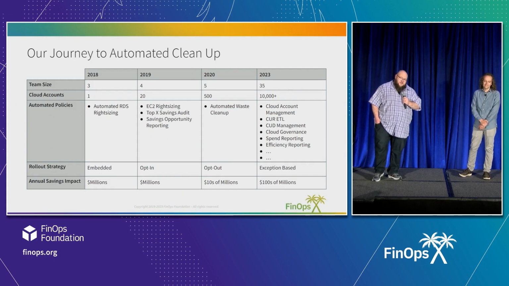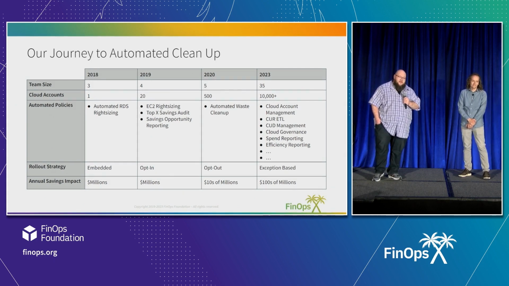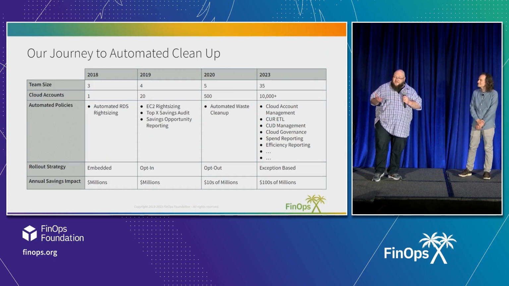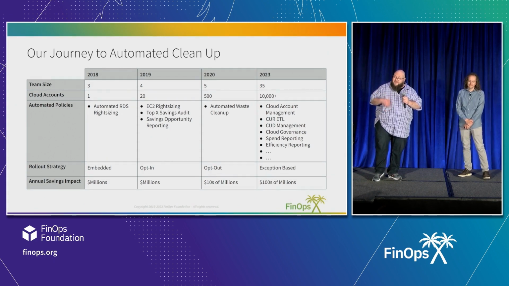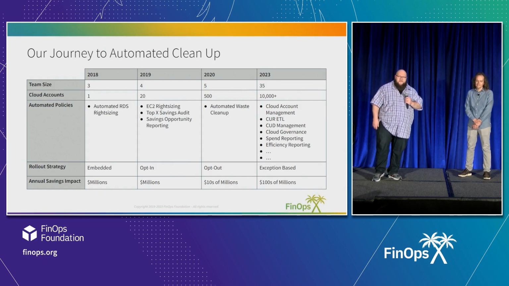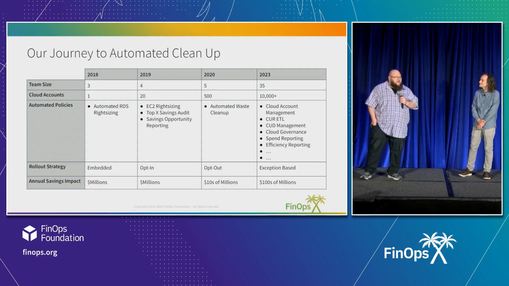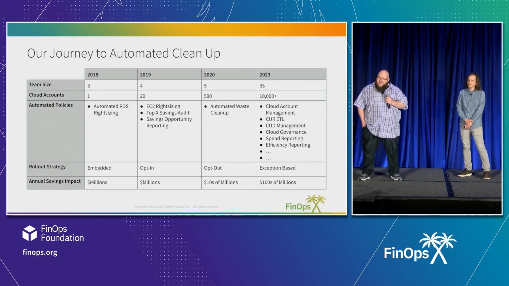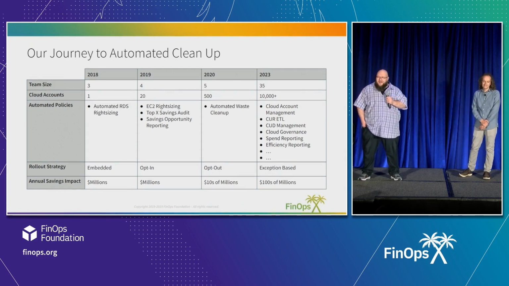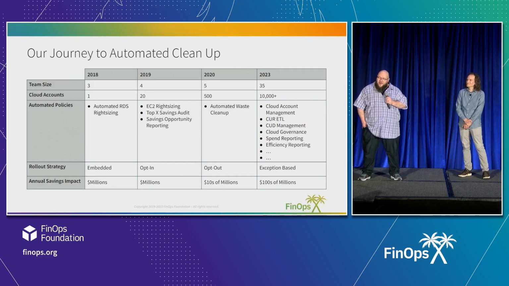We saw opportunities to do EBS cleanup, snapshot retention. And as we got to the midpoint in the year, we had a handful of scripts that we could run on a cloud account and drive some really big savings opportunities. So we said, hey, is this a problem with one account? I don't know. Are they an outlier, or is it a common problem? I think today we know that this is a more common problem.